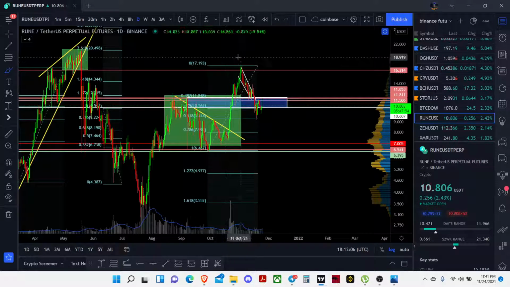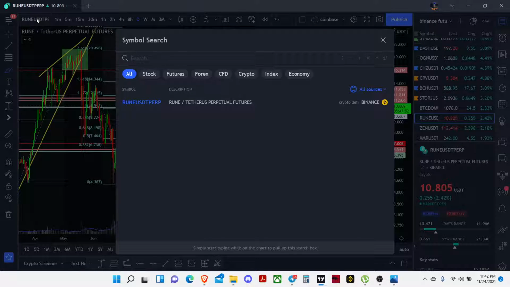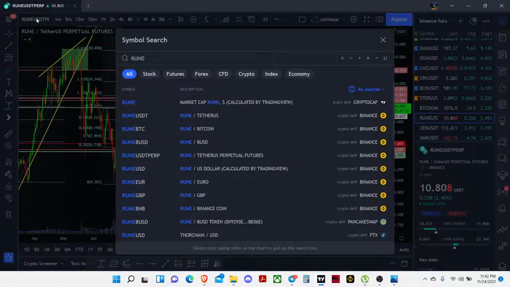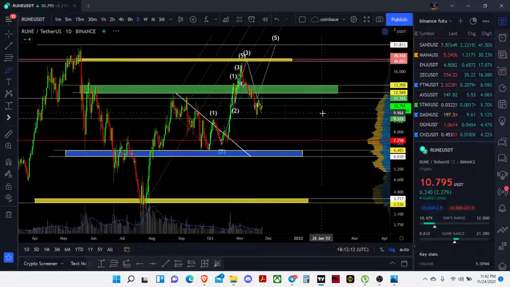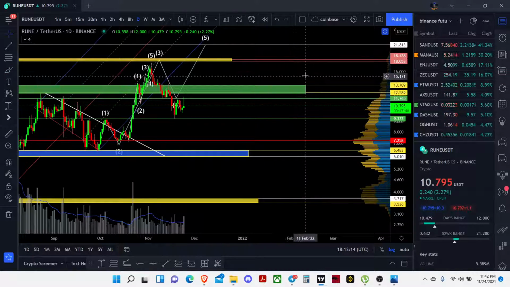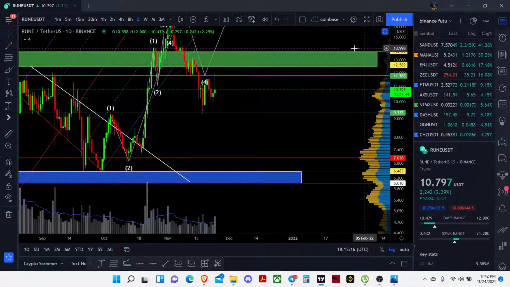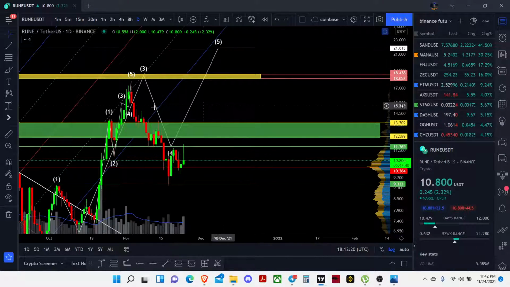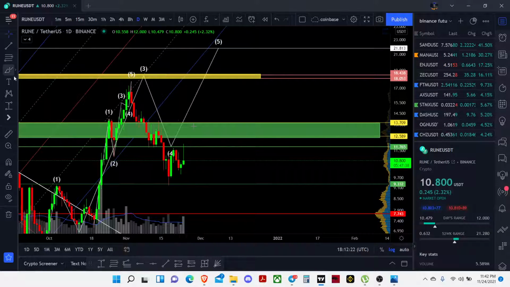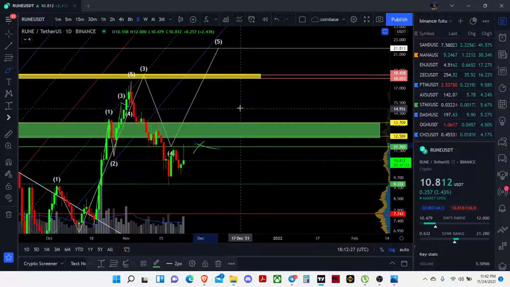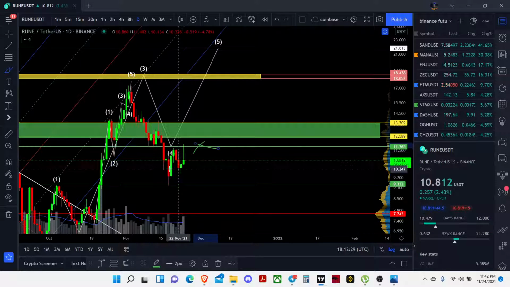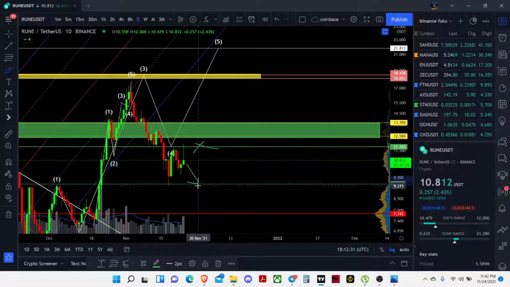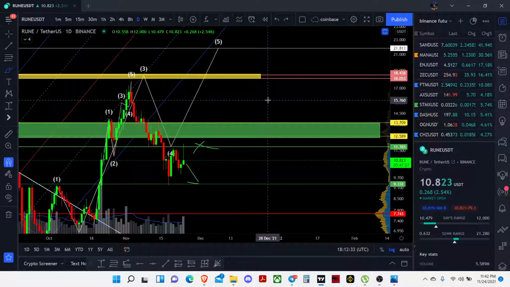Look at this. I have a beautiful little chart, not in the perpetual but in the spot. Look at this little guy over here. It has had a good run. It's rejecting from this resistance, possibly one more test back down and then shooting up. So it's a very bullish thing.